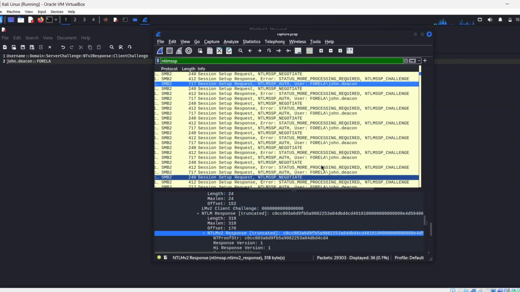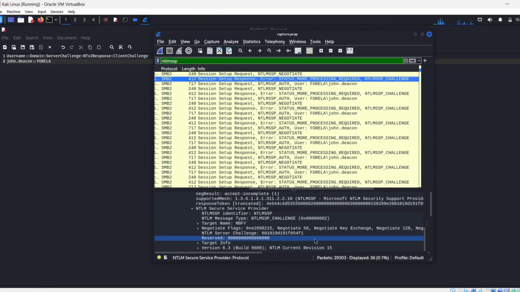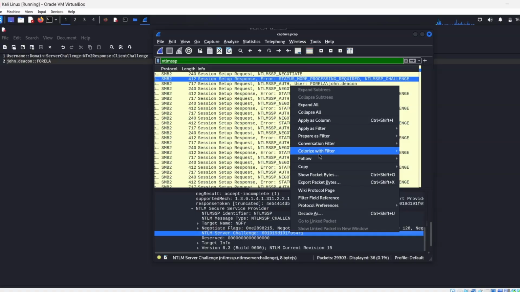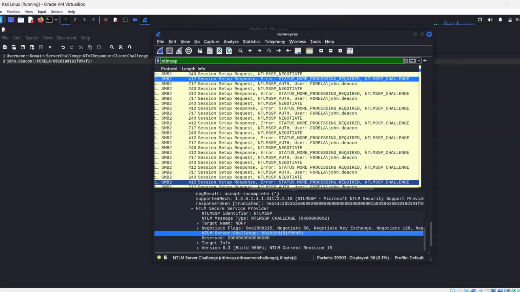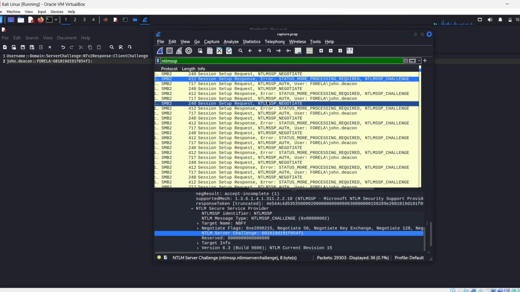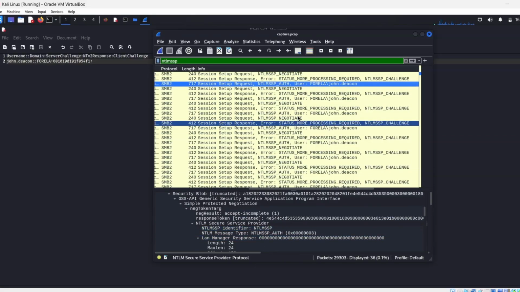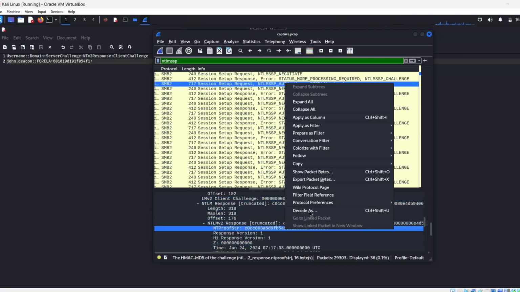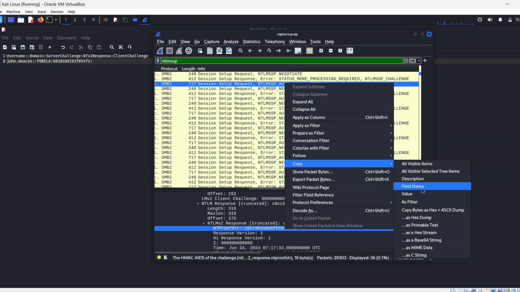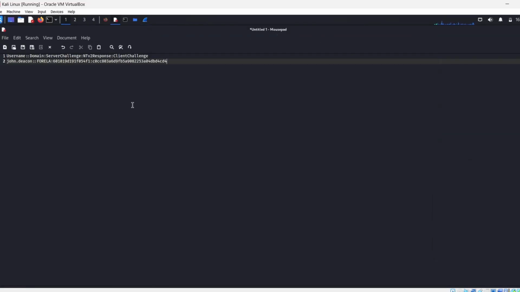And now we need this one, the server challenge, copy value, paste, NTLMv2 response, which is this one, copy value, paste, and then the client challenge, oops,